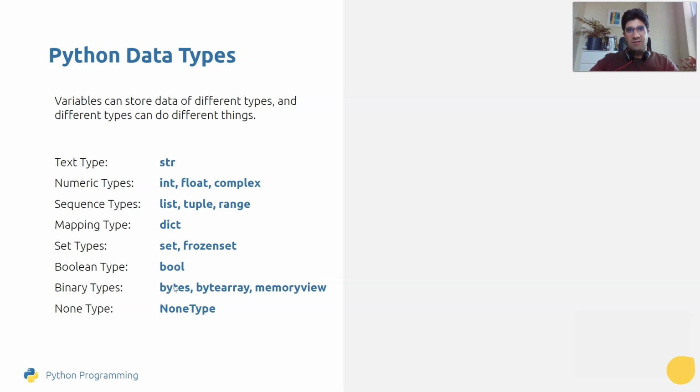In fact, all the data in these three data types is stored as 0 and 1. And memory view tries to exactly replicate the way that data is stored in memory. And we have the none type when we don't have anything and we don't know what the value is. So null or none is the